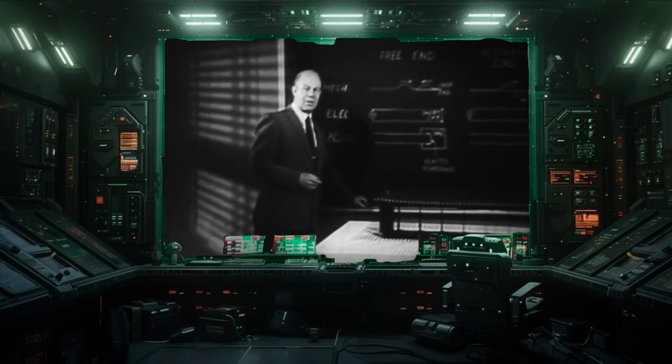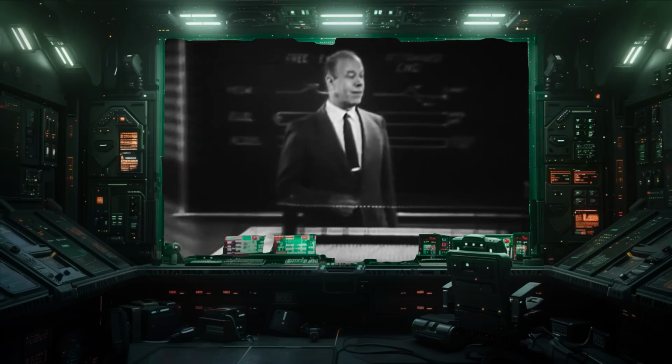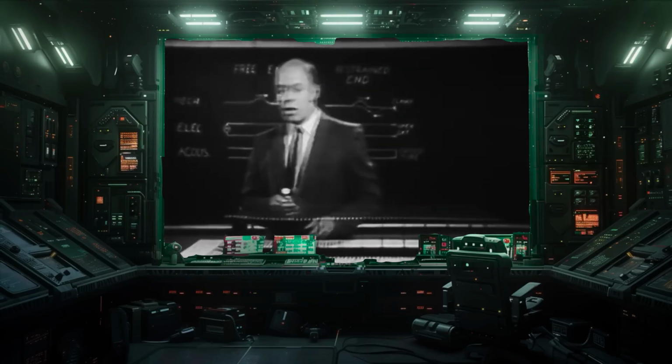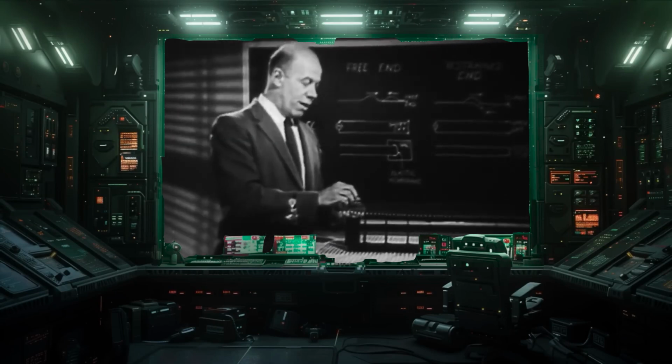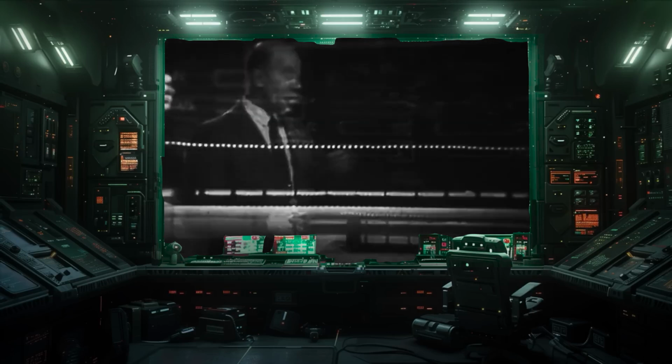Well, now let's have a look at some of the other things we can do with our wave machines. One of the most important topics in the general development of wave behavior is the principle of superposition. When two waves traveling in opposite directions on the same medium, as you see here in slow motion, pass through each other,